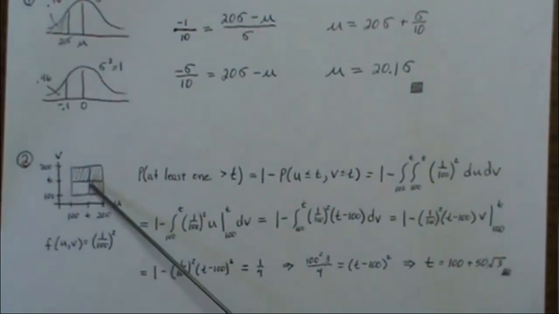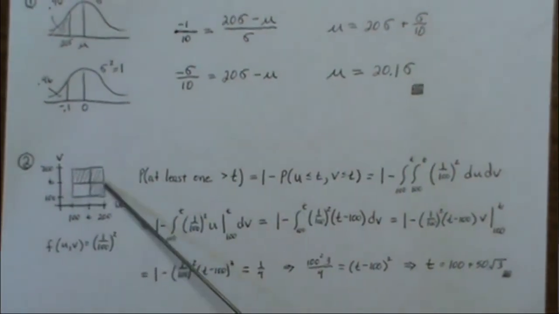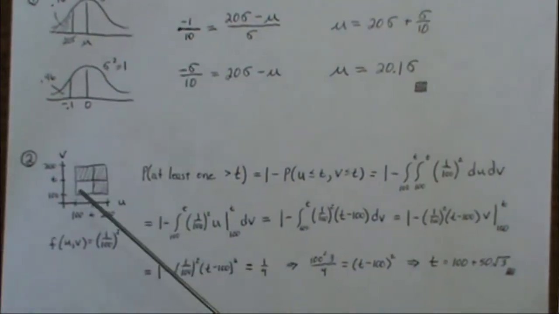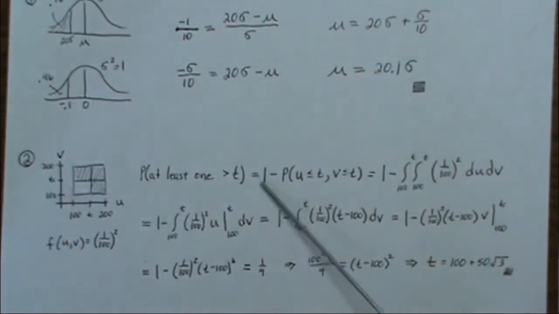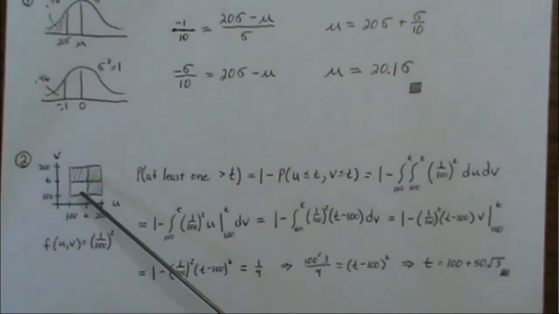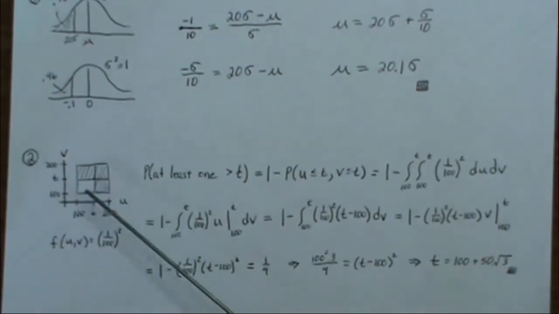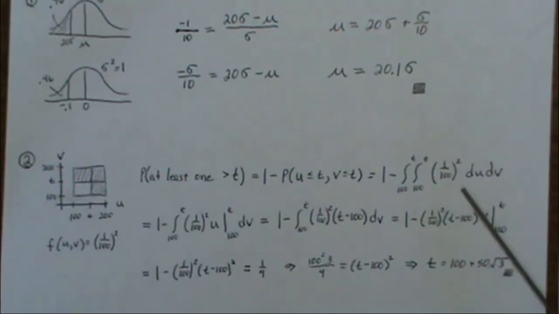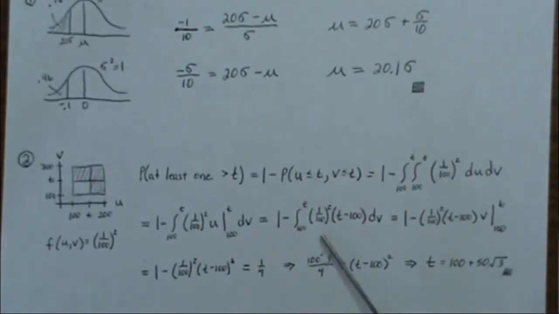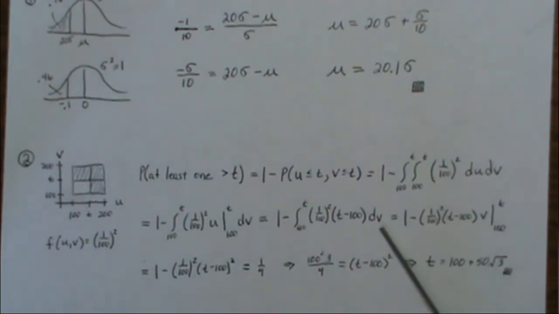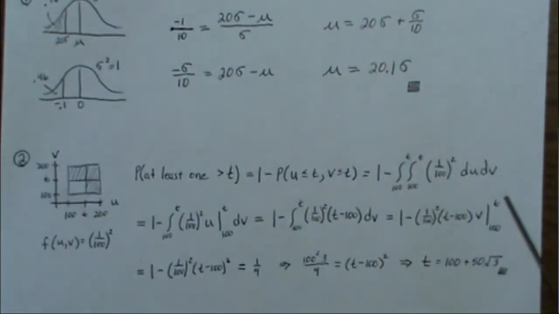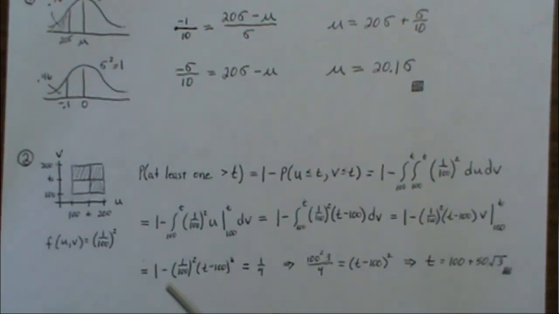Otherwise, you have to find the probability that u is greater than t, that v is greater than t, and then subtract out this quantity because you added it twice. But we'll just do the 1 minus, and that goes from 100 to t in both directions, which is this. Integrate with respect to u first. We get u, plug in the limits of integration. Integrate with respect to v, which then you get a v, plug in the limits of integration, you get this squared,